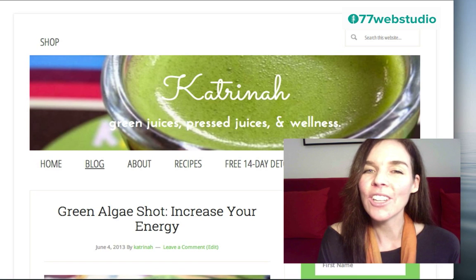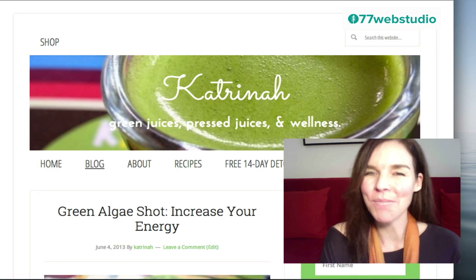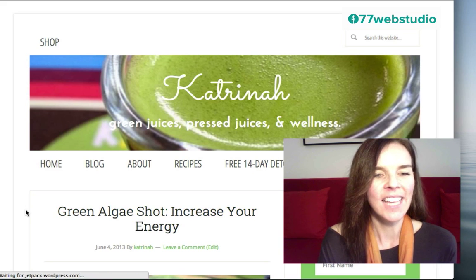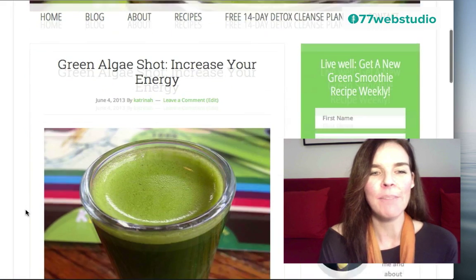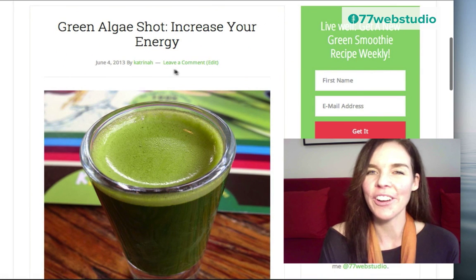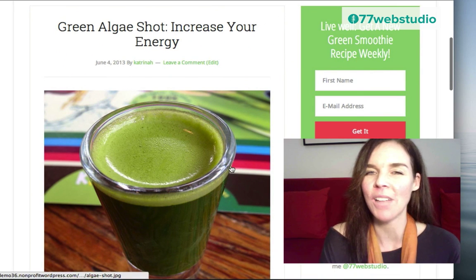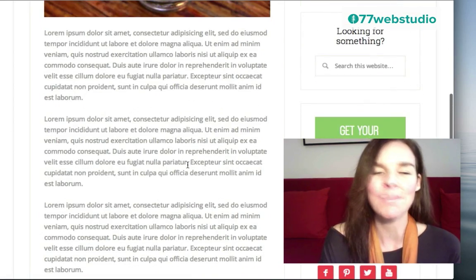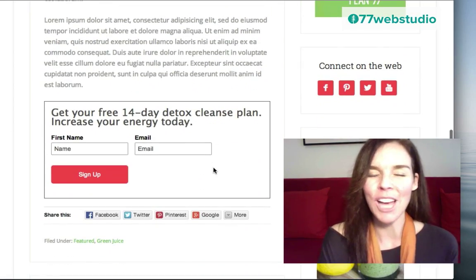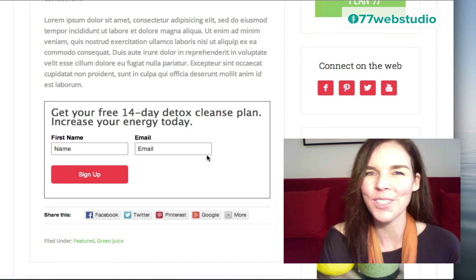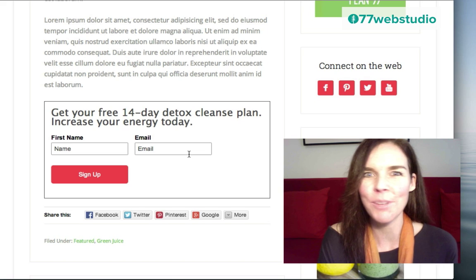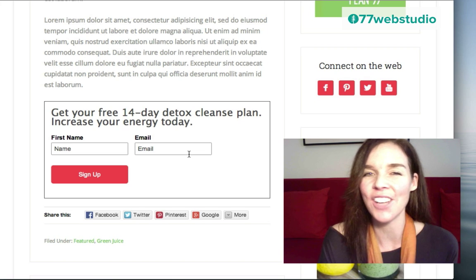Let's take a quick look at one of the internal single blog post pages. I'm going to click on this particular blog post right here. Then we can see when we go to that post, there will be a date, the author, and comments, followed by the actual blog content. On this particular blog post, I have an image, then I have some text content. Underneath the blog post, we'll have once again this wonderful email call to action, the email opt-in form. It's so good to put these pretty much wherever you can on your site, the better.